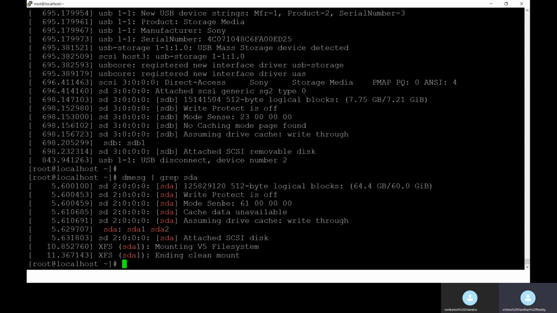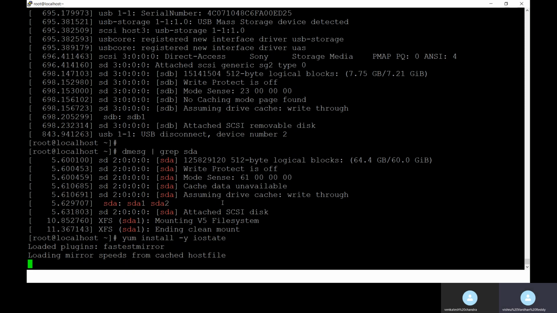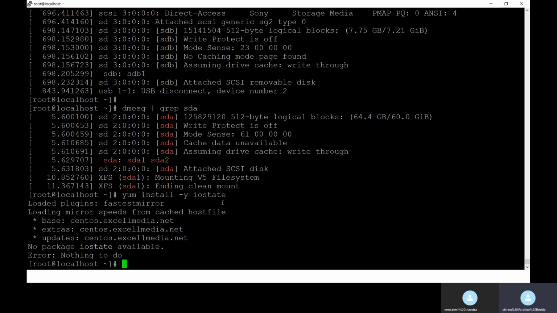So this was not installed by default. I'm installing it with install -y, since it is not installed. Nothing to do, no package iodata. iostat is not installed.